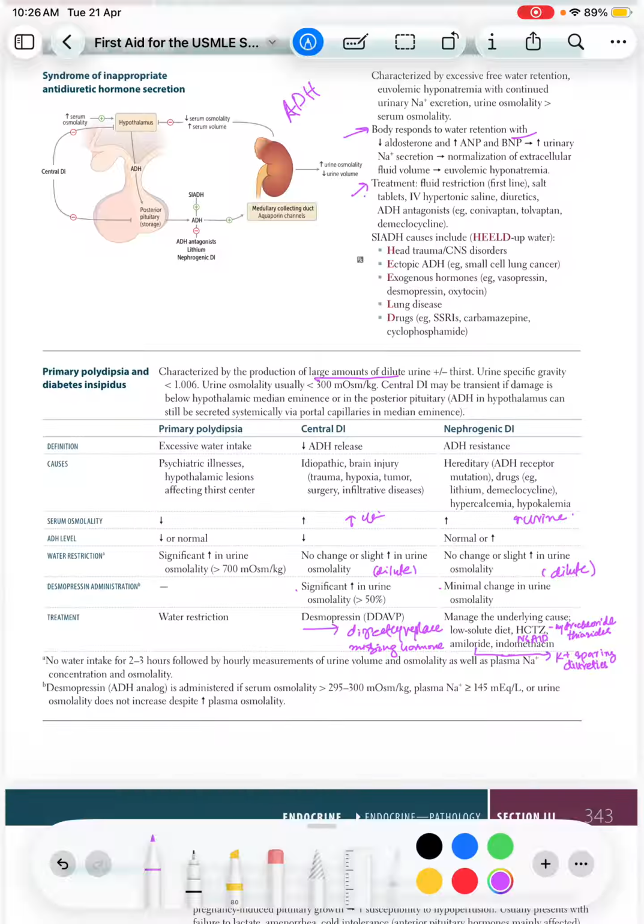Okay, now central diabetes insipidus. In central diabetes insipidus, there is a defect in the brain which leads to decreased secretion of ADH. Idiopathic causes, brain injury, trauma, hypoxia, tumor surgery, and infiltrative diseases are the causes of central diabetes insipidus. The serum osmolality is increased in central diabetes insipidus. As there is no retention of water, the water is excreted in the urine and the serum osmolality